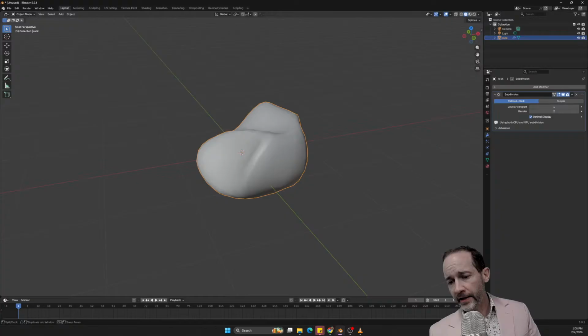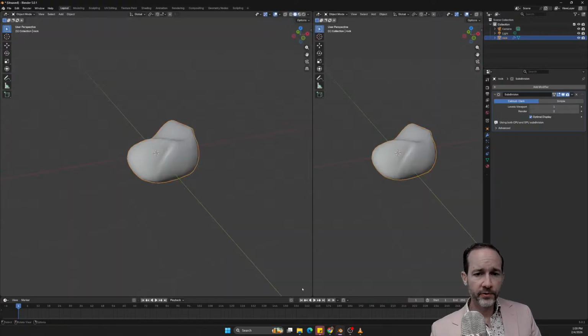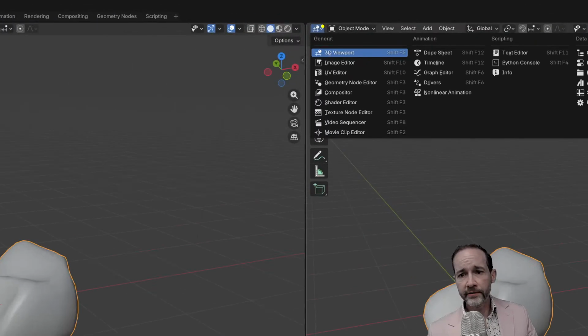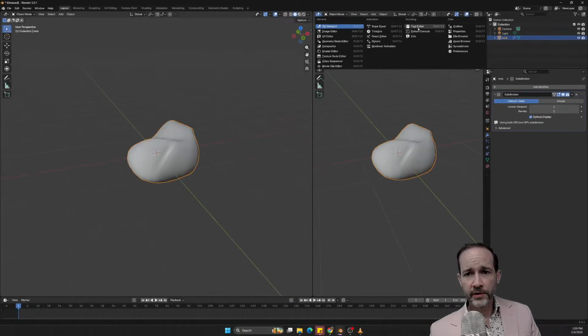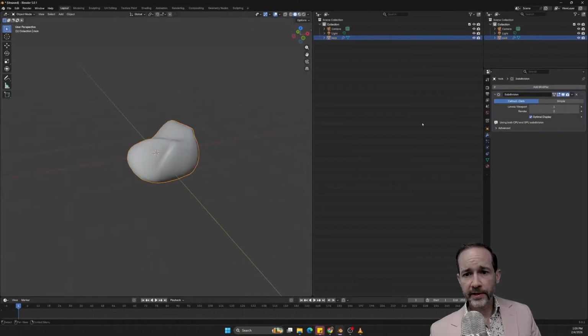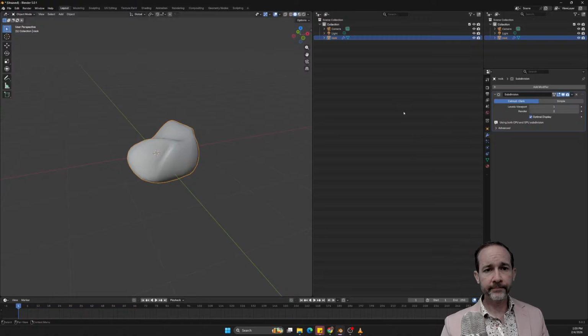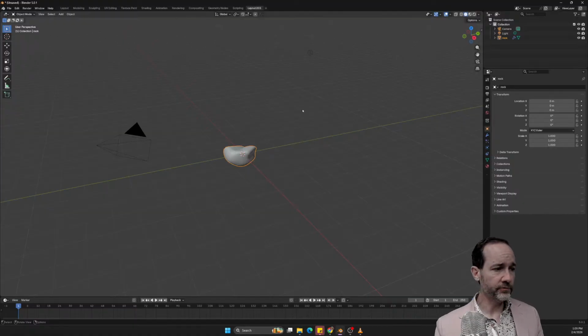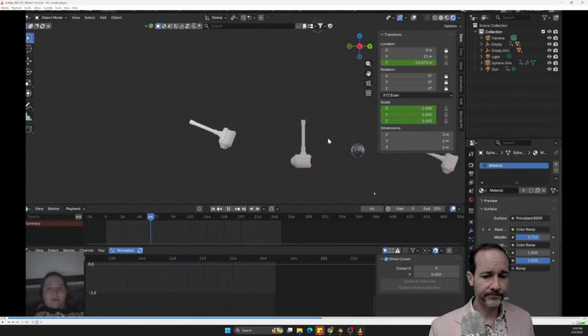When you get the crosshair, if you click and drag, it'll give you another panel there, which you then can turn into anything that you would want. So you could turn this into another outliner or anything you would want to customize your interface. And then, if you want to get back to the usual, you can just go back and add layout again, and then you're back to usual there. So those two things are important.